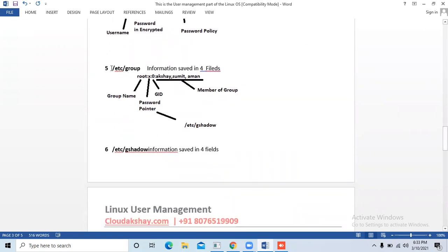And the second file is /etc/group. Information is saved in 4 fields.